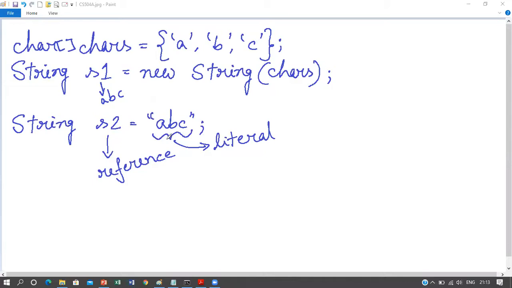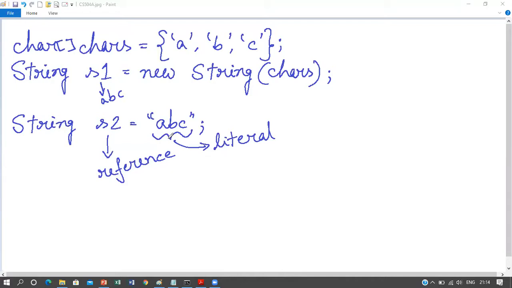String literal is always created in the string constant pool. In case of Java, the string constant pool is a special area that is used for storing string objects. Internally, the string class uses a string constant pool. This string constant pool area is part of the method area until Java 1.6 version. But from Java 1.7 version onwards, the string constant pool area is moved into the heap memory, because the string constant pool is a fixed size in the method area, but in the heap memory, the string constant pool can be expandable.